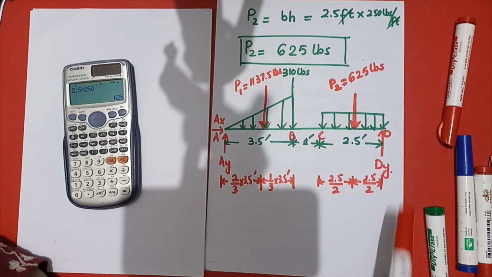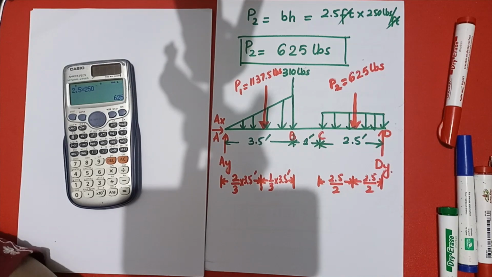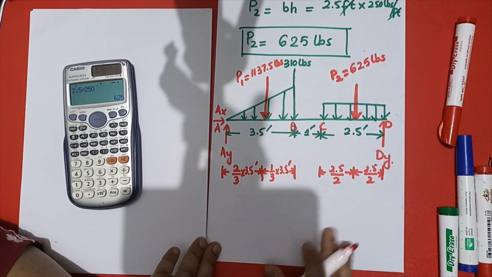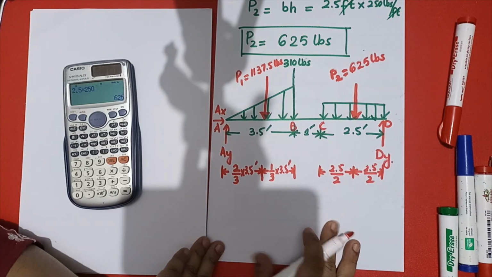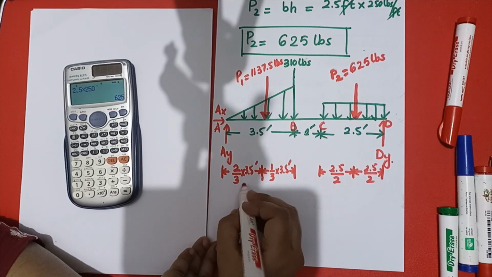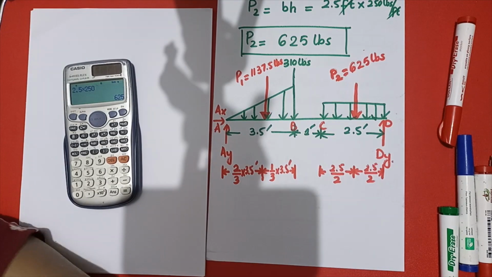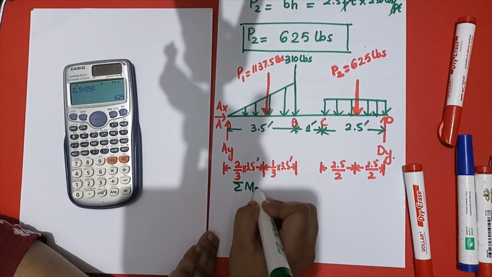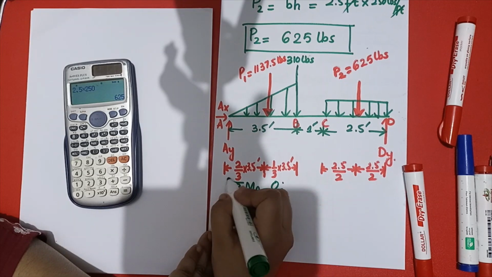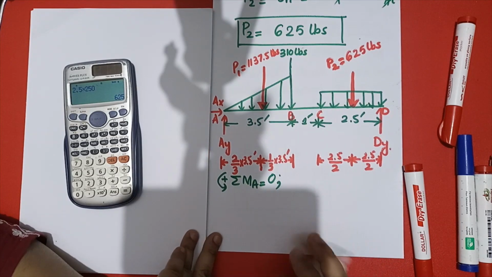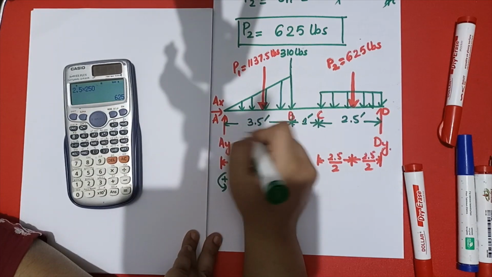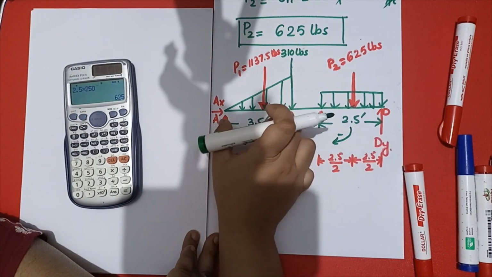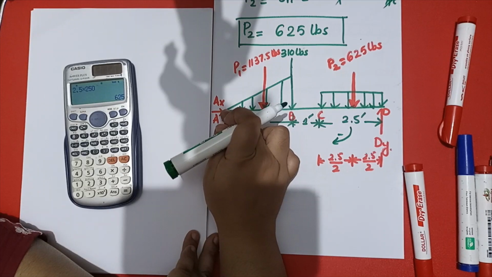Now let me tell you what I am going to do next. I am going to find the support reactions. For the equilibrium conditions, we apply the summation of moments at point A. This is summation of moment at A equals 0, and this direction is positive. When we rotate the forces like this, it will be negative, and this will also be negative, so the distance covers it when we sum up the moments here.